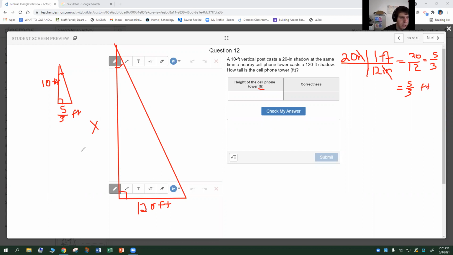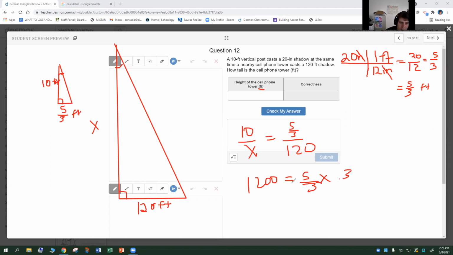So we have angle similarity, which means the sides are proportional because similar figures have congruent angles. Angles are equal and sides are proportional. So we set up our proportion. 10 is going to match up with x. And then 5/3 is going to match up with 120. We cross multiply, that's going to be 1,200 equals 5 over 3 times x. Okay, we can multiply both sides by 3. That's going to give you 3,600 equals 5x. And then we can divide by 5 on both sides. And we get x equals,